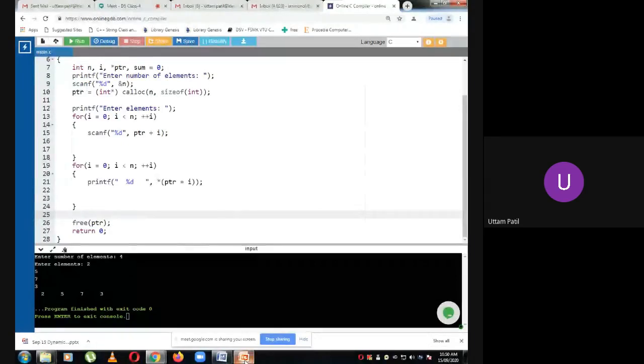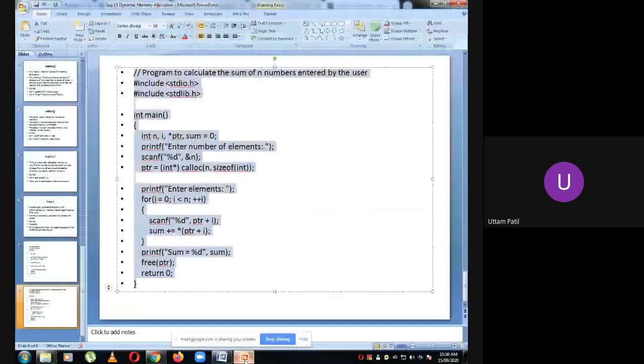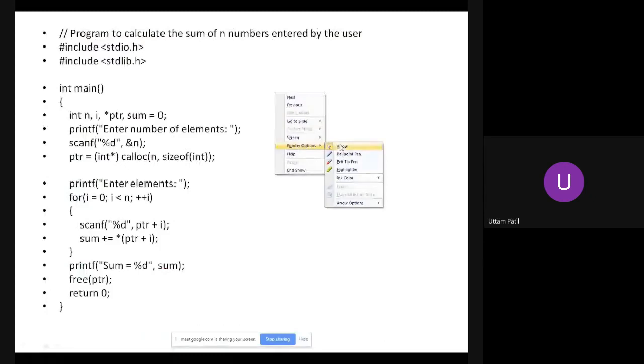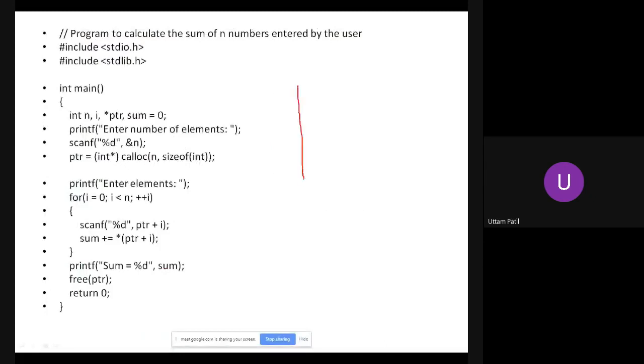So what actually happens here is when you are executing this program, memory gets allocated. I was giving n as 3. So memory gets allocated for 3 blocks of integer type of data. So this block will be, let us say, 100. It starts from 100.